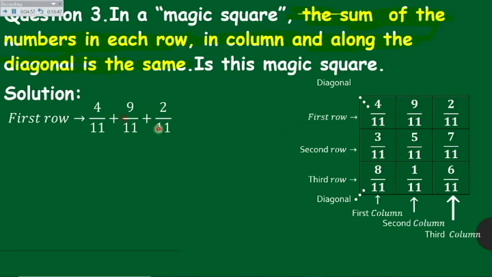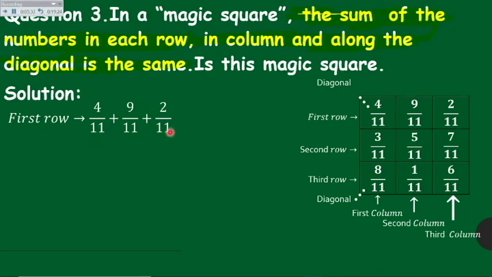So see the first part, 4 upon 11, 9 upon 11 and 2 upon 11. Here we are noticing the first thing, and after watching this I am feeling much better. Why? Because all fractions are like fractions. It means here we don't need to do any multiplication or division. So we will do this very easily with a simple method. Okay, see how.